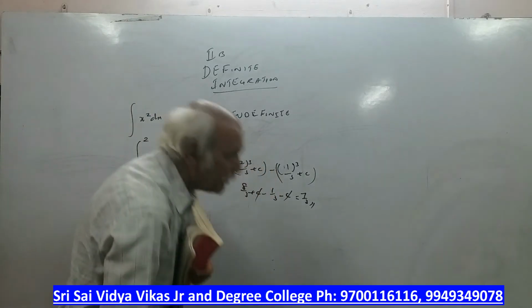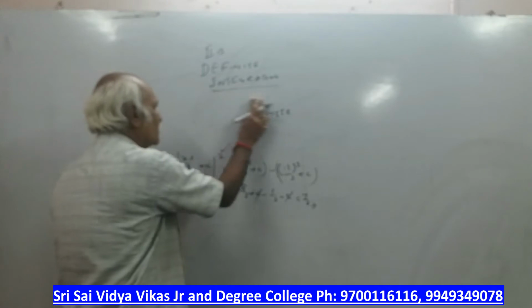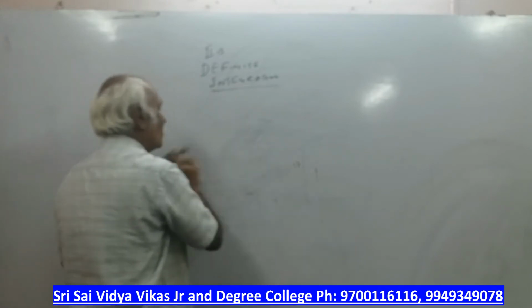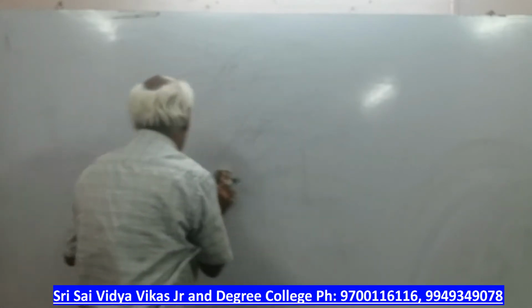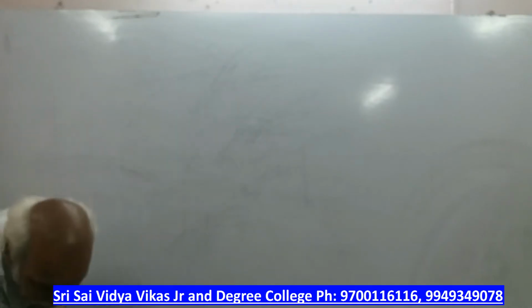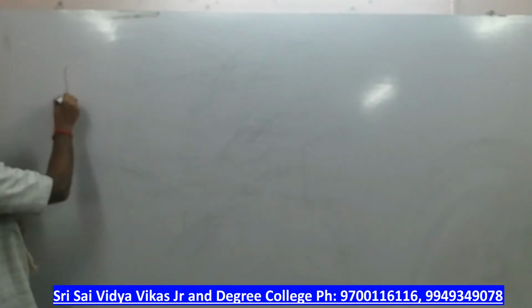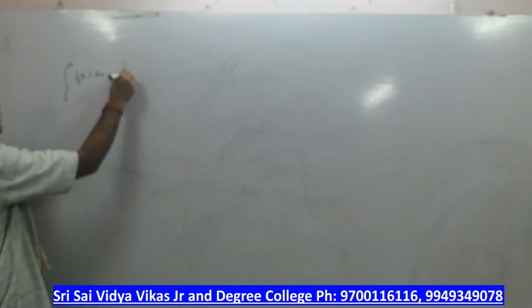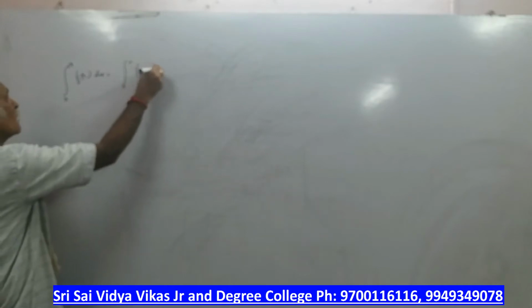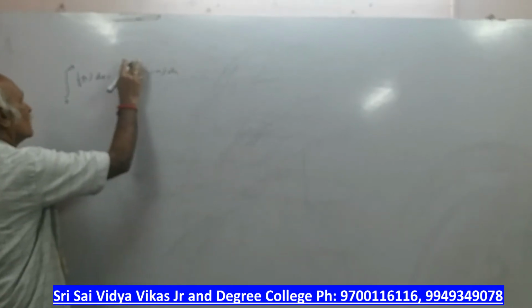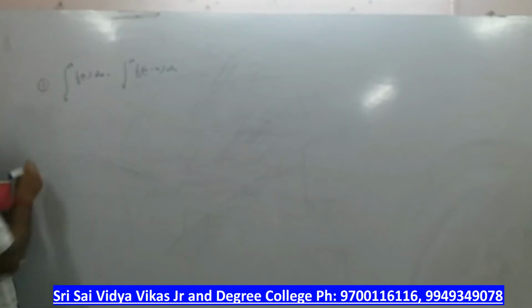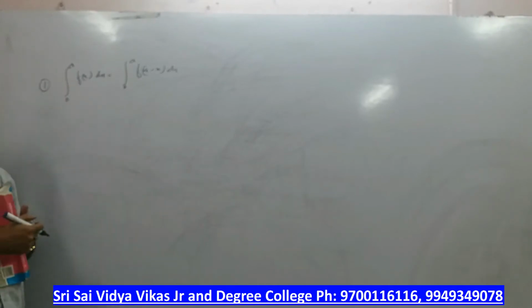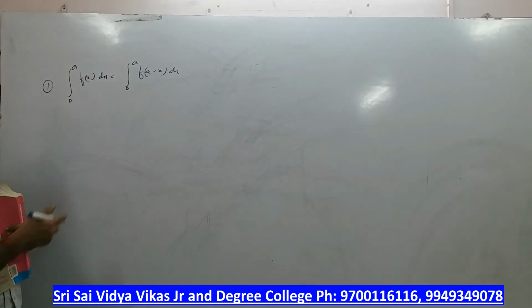Okay. So, here limits will be there, we have to put the limits, but there are some standard formulas. These formulas are important. There are 3-4 formulas that you have to remember. First formula: the integral from 0 to a of f of x dx is equivalent to the integral from 0 to a of f of a minus x dx. So, 0 to a f of x is nothing but 0 to a f of a minus x.